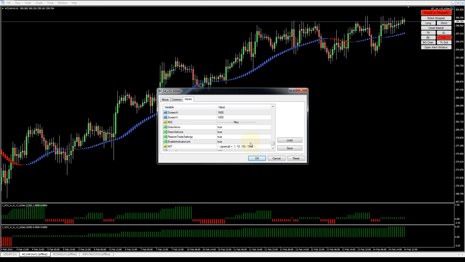You notice there's a setting called Enable Indicator Link. What this does is let the EA read information from the indicators that are on the chart. Now to make this work, if you turn this to false, then it'll act just like version 14 did, where you have to put your indicators on the screen and get them all set up and set up your robot with the indicator values. But if you set this to true,